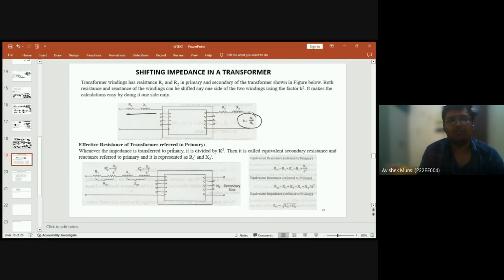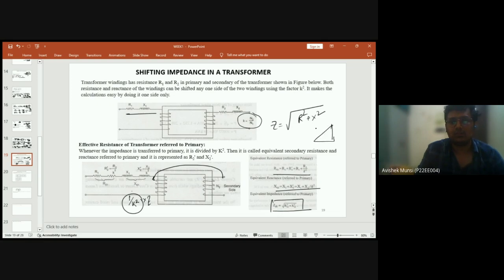Then whenever we are referring the transformer resistance to the primary side, that is if we are taking the resistance into this side, then it will definitely be 1 by K square into that impedance. Okay. So if you know the value of R and X, you can calculate impedance. That is Z is equal to root over of R square plus X square. Right. Since from the impedance triangle we know that